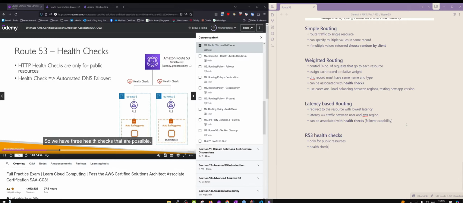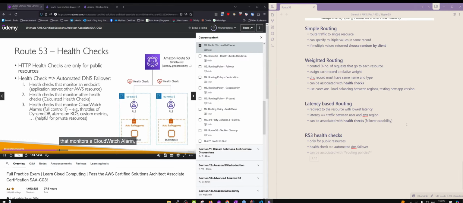So we have 3 possible types of health checks. The ones I just showed you, which are health checks that monitor an endpoint, which is a public endpoint. So it could be an application, a server, or another AWS resource. It could be a health check that monitors other health checks, also called a calculated health check. Or it could be a health check that monitors a CloudWatch alarm, which gives you more control and is helpful for